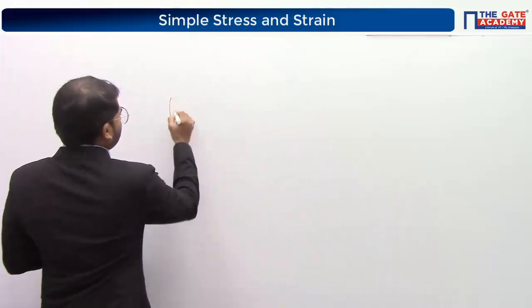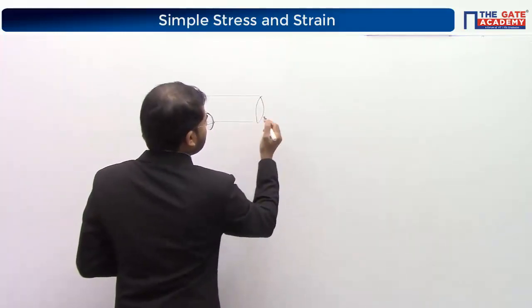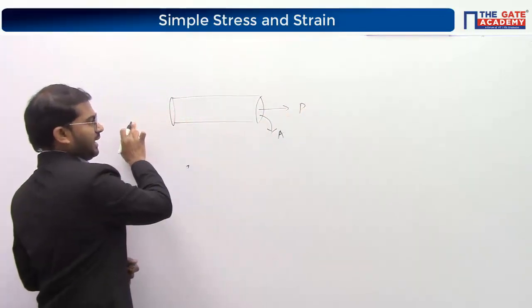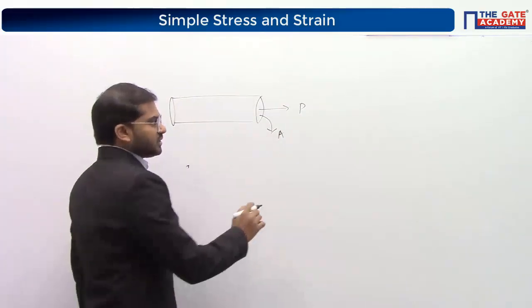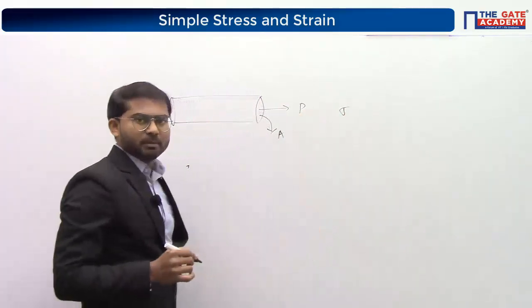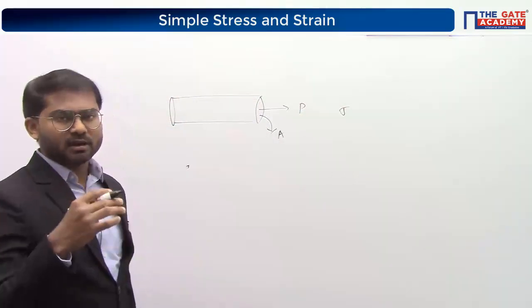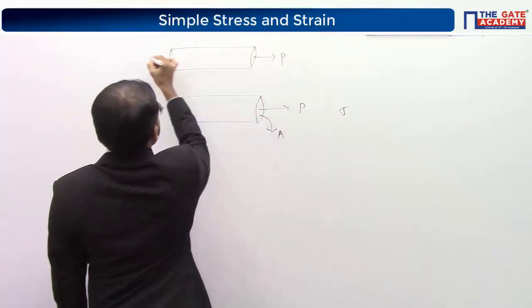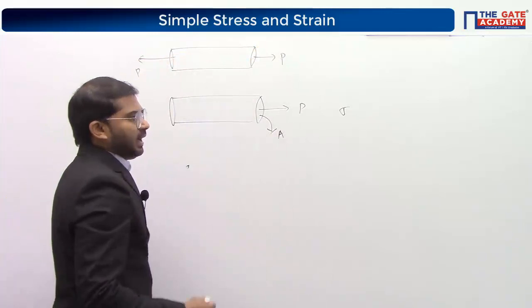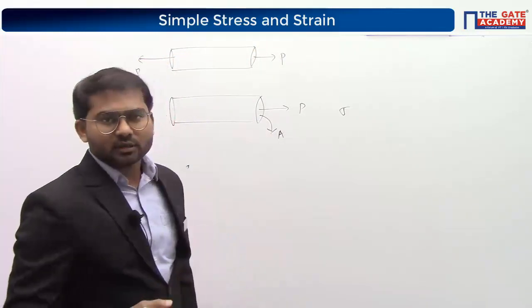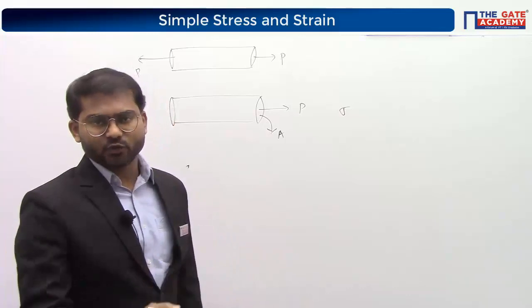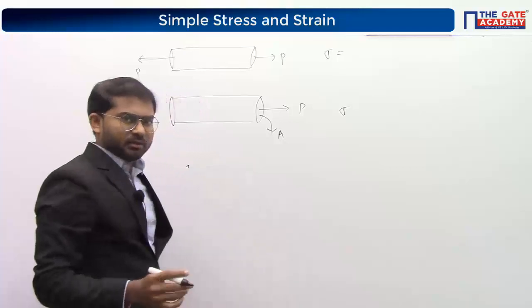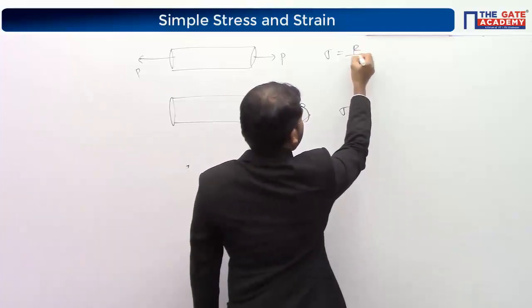Look, you take a cylindrical rod like this. On this cylindrical rod, if you apply a force P only on one side, and there is no force at this location, and this is the area of cross section, in this case you cannot say stress is simply P by A. The answer stress sigma equal to P by A holds for the condition where there is P on both sides and you are keeping the body in equilibrium, with net force equal to 0. But strictly speaking, sigma is actually given by R by A.